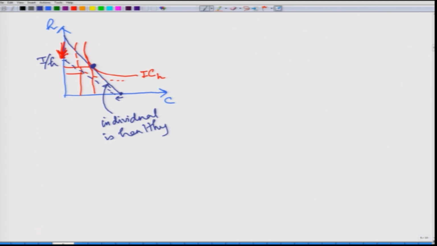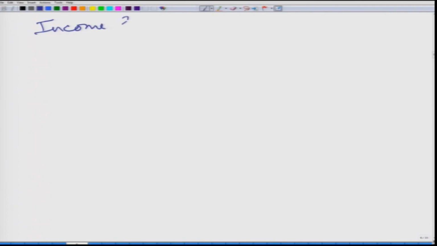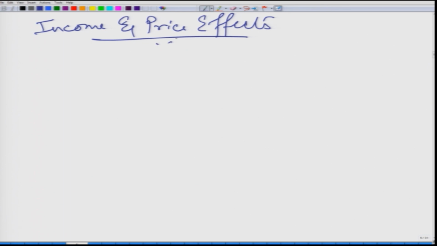Anyways, now income and price effects. When we are discussing income and price effects, we will discuss it over the income expansion curve. So how the price of a particular commodity changes, and how it also changes with income. So income and price effects, this price in terms of healthcare, and we will take it through the income consumption curve, the income expansion curve.